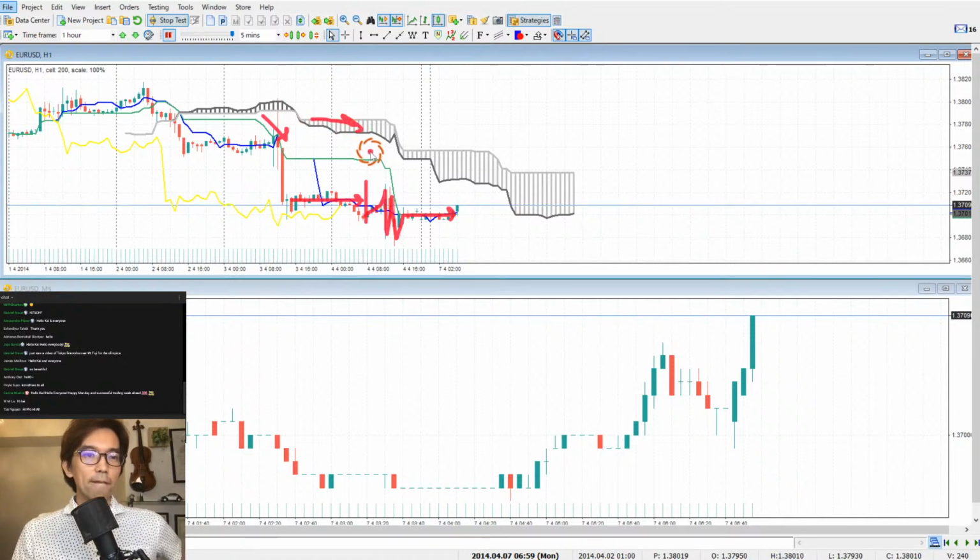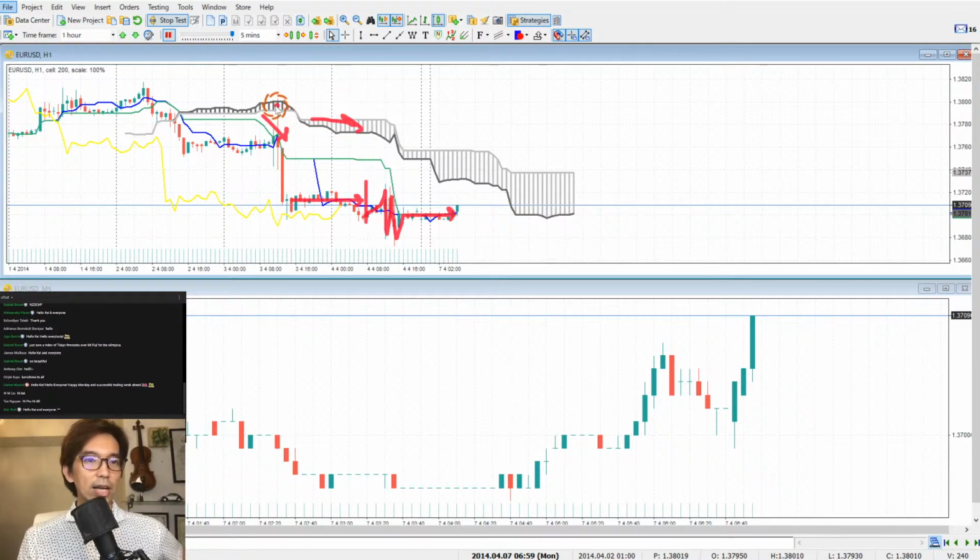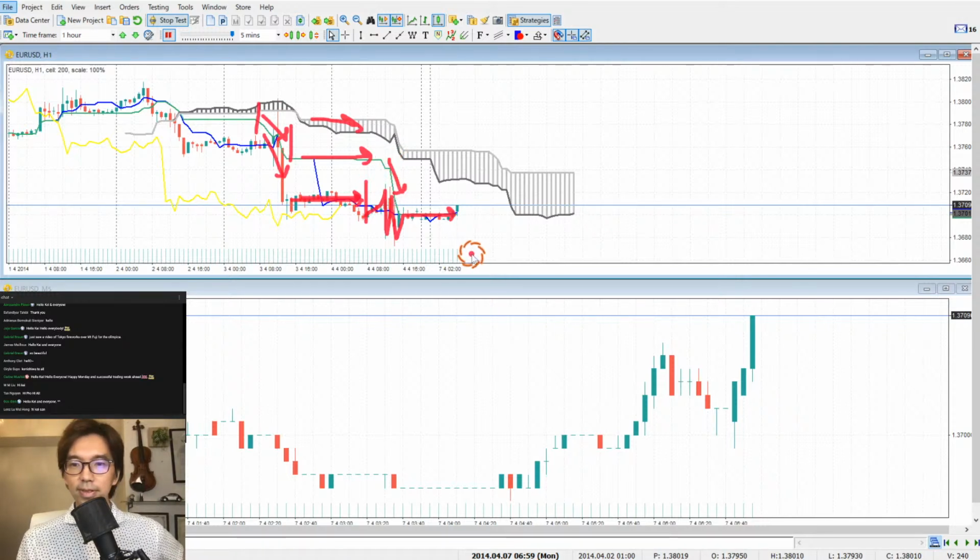Okay, and that's why I focus on the Senkou Span B and Kijun-sen angles. If you look at the past charts, when Kijun-sen is going down, the direction is downtrend, but when Kijun-sen is flat, the direction is flat, right? So you want to look for the sell chance when Kijun-sen is going down. Does that make sense? When Kijun-sen is going flat, you don't want to take a sell because it might retrace